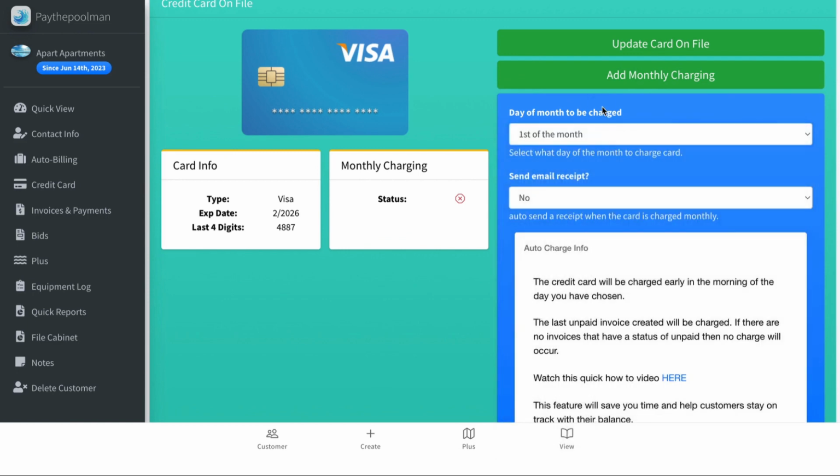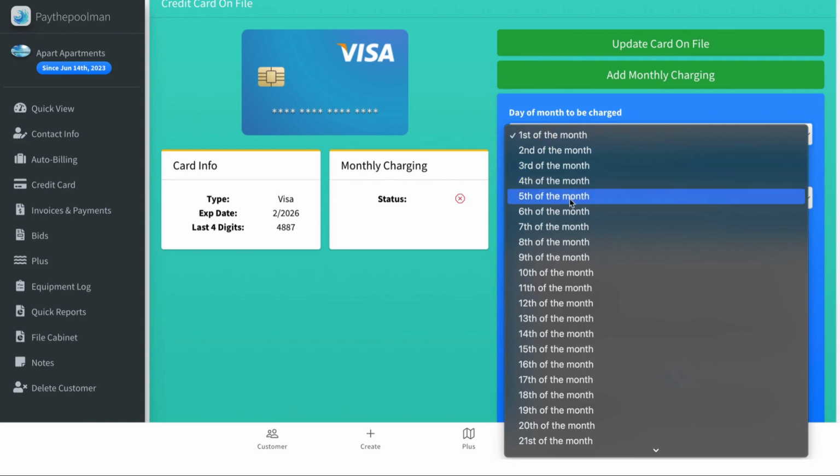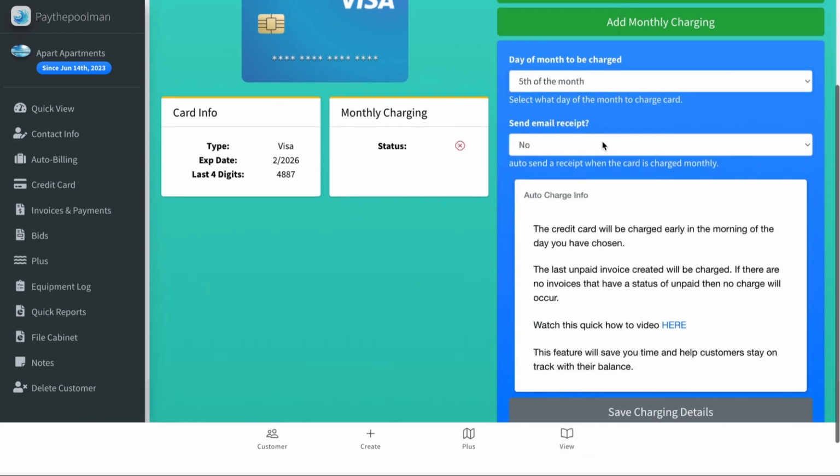As a reminder, if this is for a service customer, make sure you're running your billing before you have this charge date. For example, if you run your billing on maybe the 1st through the 3rd, sometime in that date range, set this for the 4th or the 5th so that you can make sure you have time to generate that invoice and create that invoice before this charge goes through, because this charge is going to charge the last created invoice. So we're going to set our monthly charge date for the 5th,